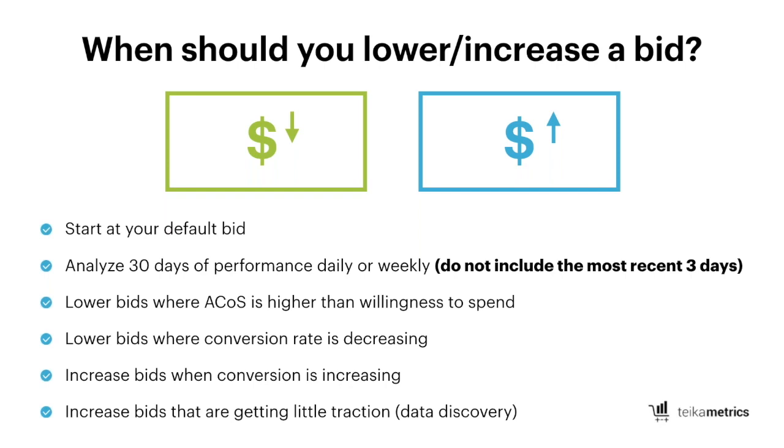So if you have a campaign and you come up with your ACoS target that's 50%, and you're seeing a lot of keywords in there that are 70, 80%, you want to consider lowering those because you're not willing to spend that. You also want to lower bids when conversion rate is decreasing. So if you continue to get less clicks on your product or less conversion, so the people are clicking but